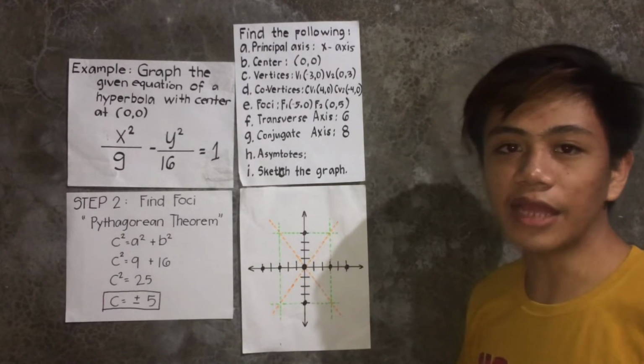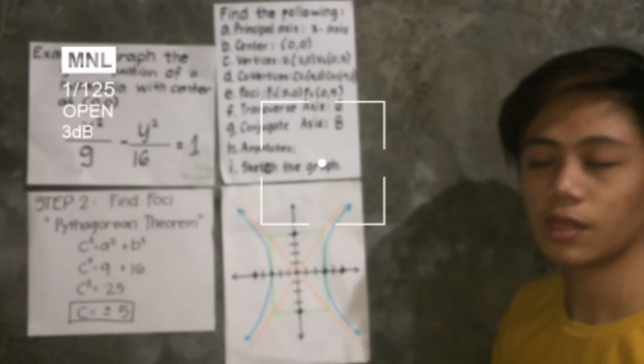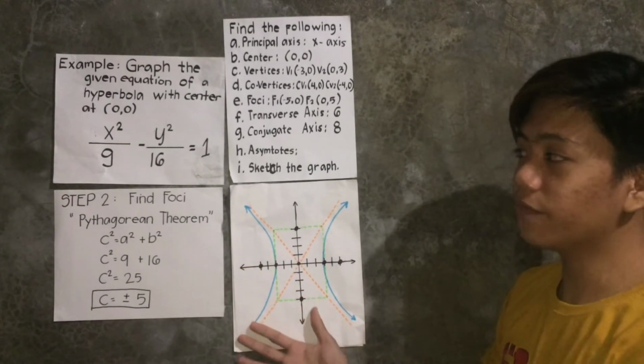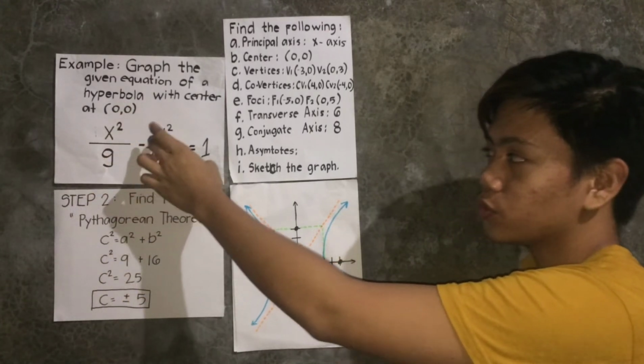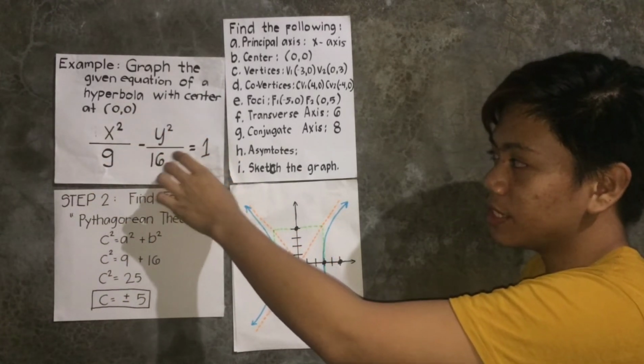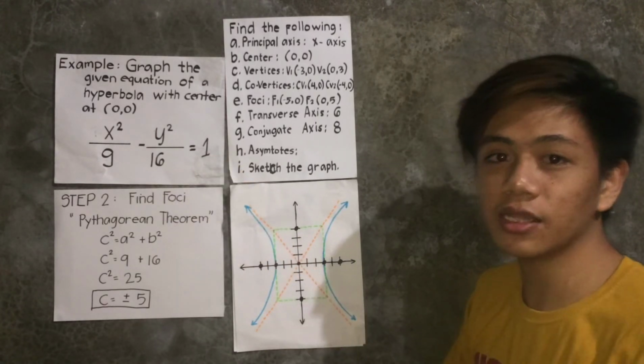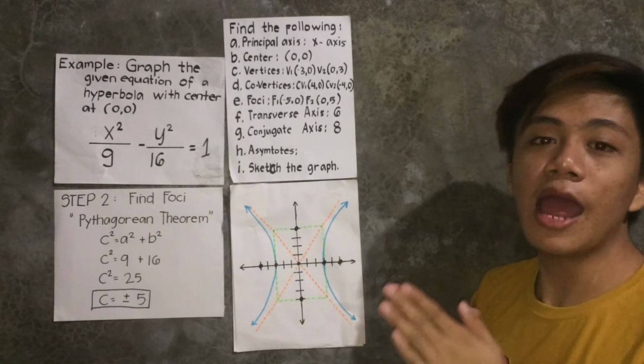Now, let's sketch the graph. So this is the sketch of the graph of hyperbola x squared over 9 minus y squared over 16 is equal to 1. So that's all for our topic, hyperbola at the